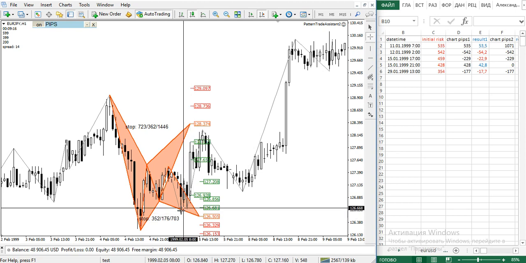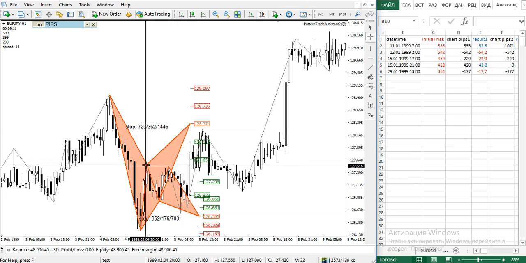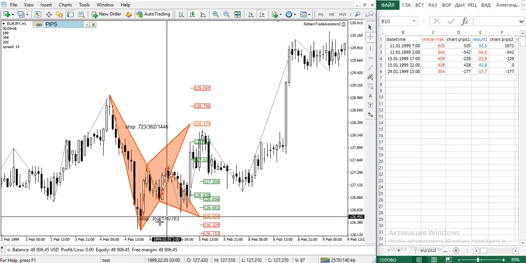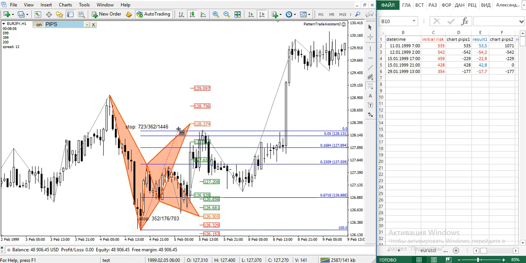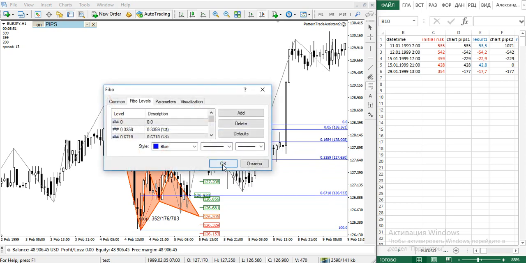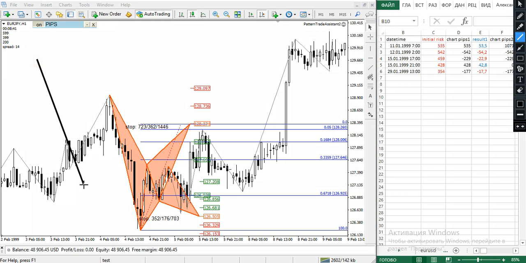Okay, so what happens here? Basically we have nothing. Okay, so what happened here? This weird C2D leg, it is okay. It didn't hit the A point, so roughly it is okay. And then the movement started to the downside. Obviously it started earlier than the pattern's level, and well, it didn't actually hit the 5%, but it invalidates the structure of the pattern, because the pattern should look this way, something of that kind,